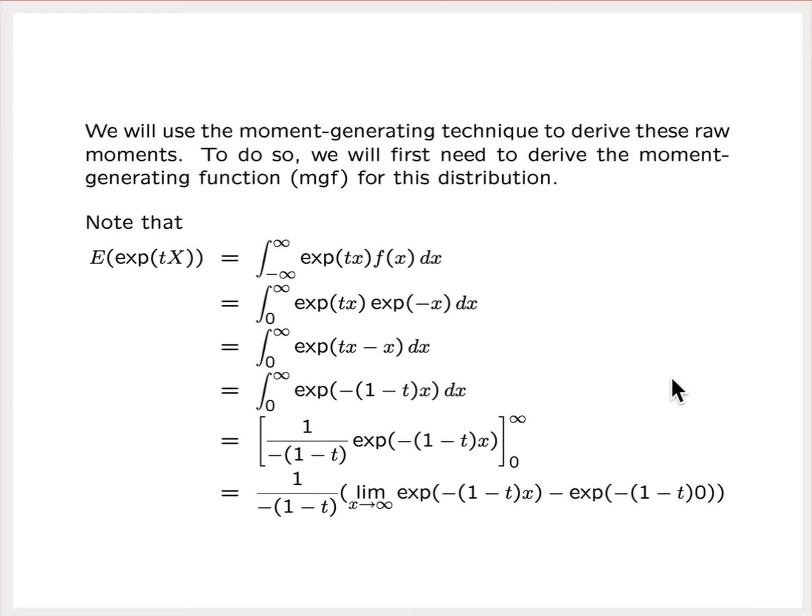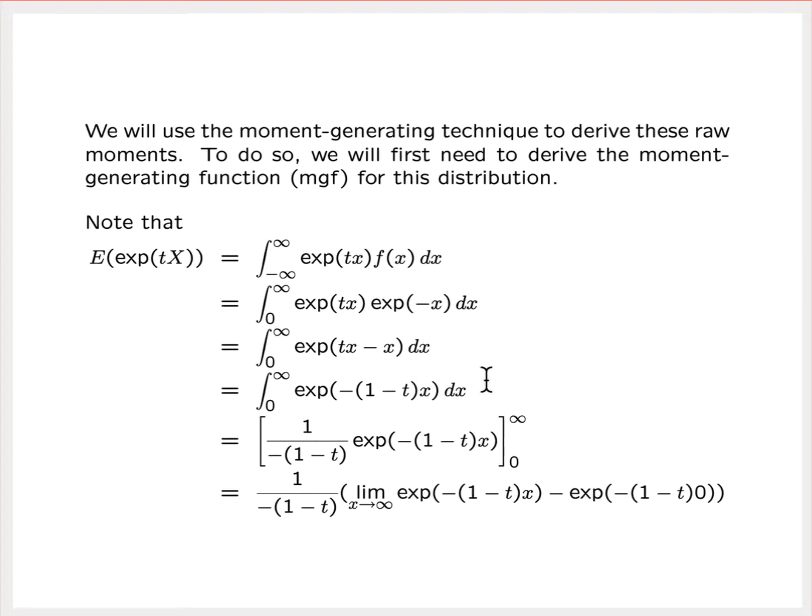Now, using properties of exponents, because remember, the exponential function evaluated at a particular value is just the real number e raised to that power. So this is e raised to the tx power times e raised to the negative x power. So using properties of exponents, I can rewrite this product as the exponential function evaluated at tx minus x power, so the exponents add. And then I can rewrite that just a little bit more to get it into a form that I can then use that mathematical result that we looked at when we started off looking at this